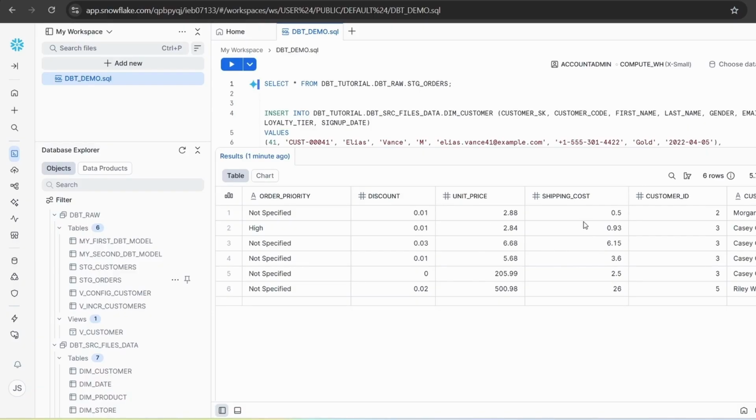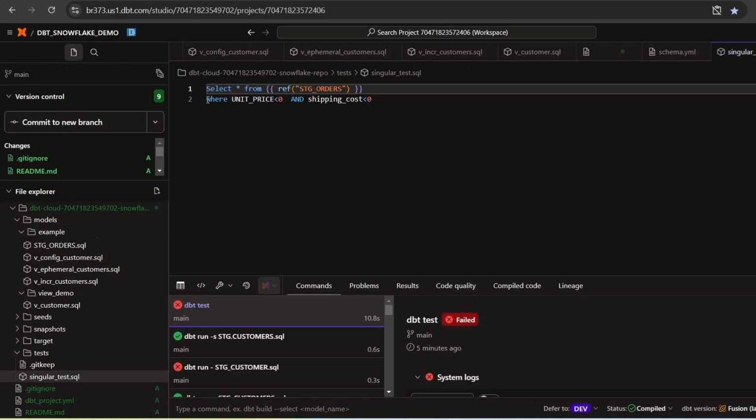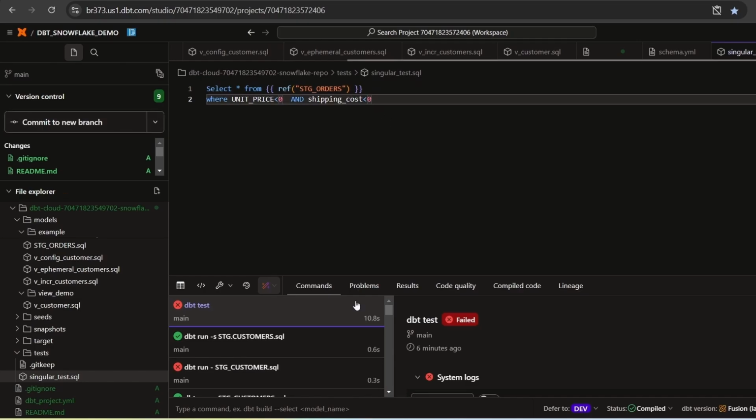And similarly, the shipping cost should not be negative as well. So I will mention this as well, and shipping cost should not be less than 0. If this test returns any kind of row, dbt will immediately fail the test. But if this test passes, this means there was no record with a negative unit price or negative shipping cost. So in order to run that, first I will save this one,